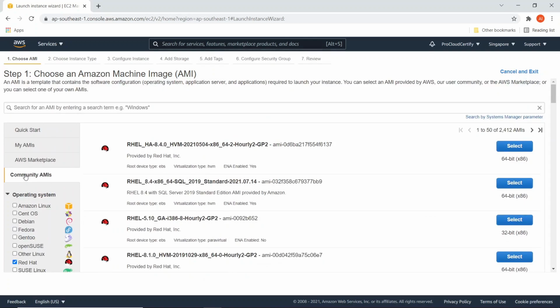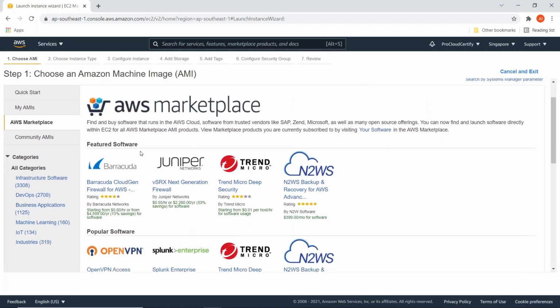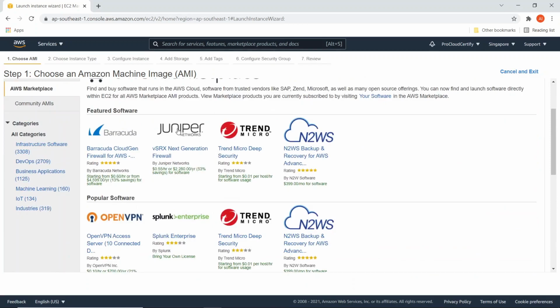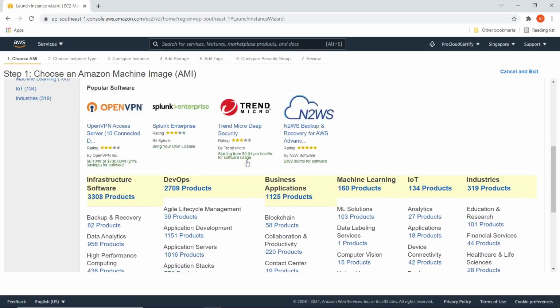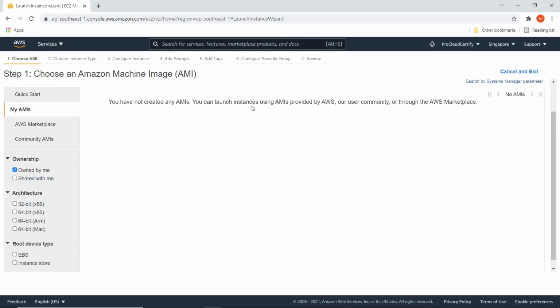The other type of AMIs are your AWS Marketplace AMIs. These are AMIs created by vendors, and you just choose them depending upon your application requirement. And finally, you have your own AMI, and these are basically the AMIs that you yourself have created, and these are simply internal costs for the organization.